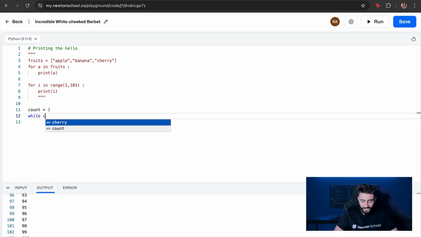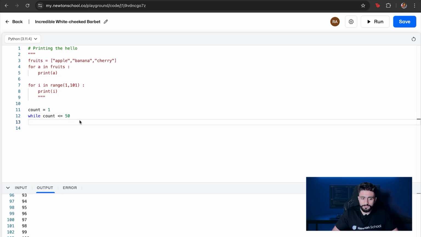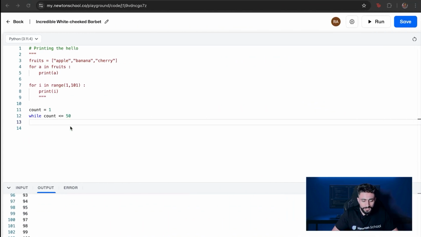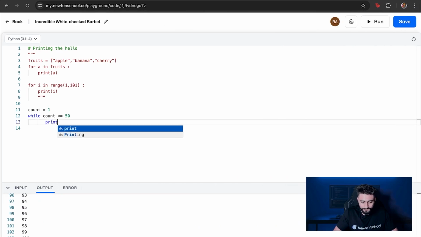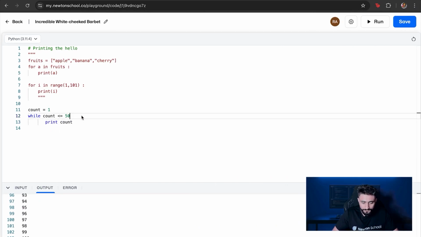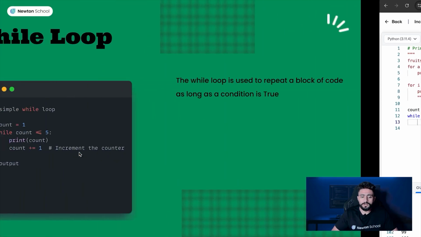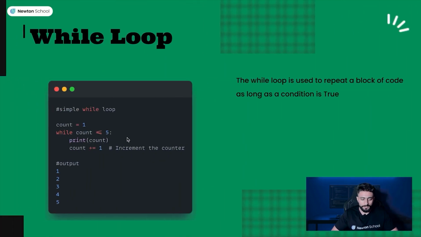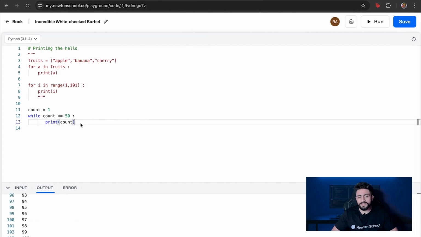So you are saying while count is less than or equal to, let's say, 50. While count is less than or equal to 50, let's say you want to print the count. And then inside it, will it become 50 anytime if you do not change it?